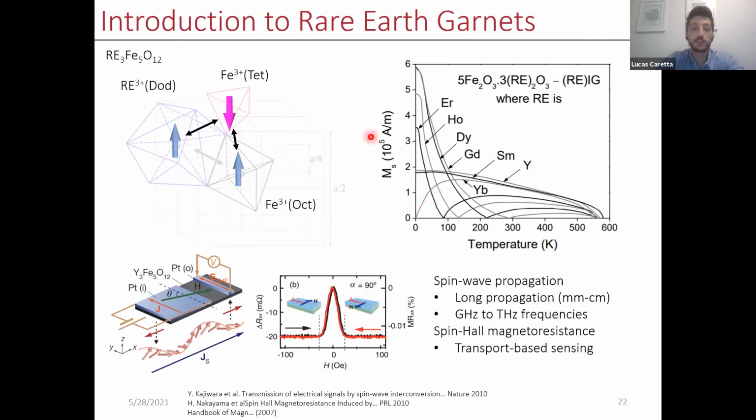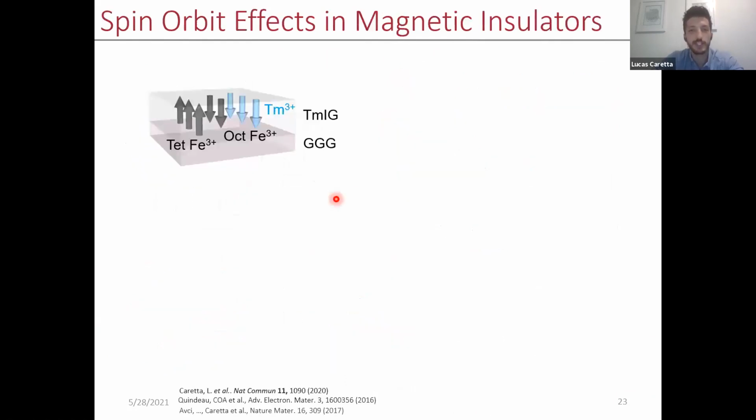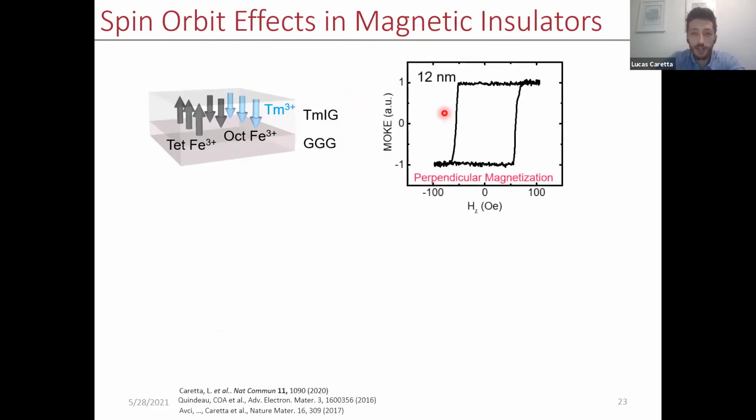However, these are actually the same material systems that some of the original forms of bubble memory were based off of, but it's only really recently that we've been able to grow these systems, such as thulium iron garnet, at very, very thin thicknesses using atomic scale synthesis, such as pulsed laser deposition and really advanced forms of sputtering. And by thin, I mean thicknesses that are about 10 nanometers or even less. And by growing such thin materials, we can actually take advantage of interface interactions that occur in these material systems.